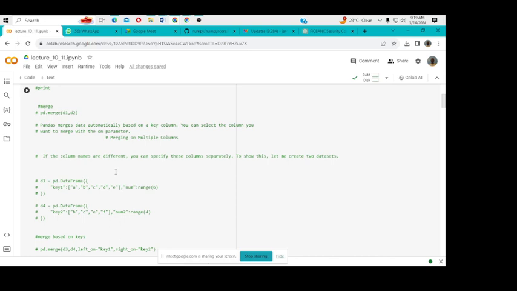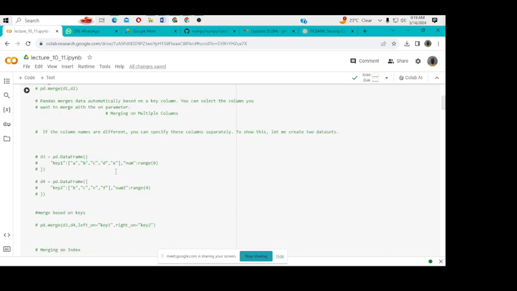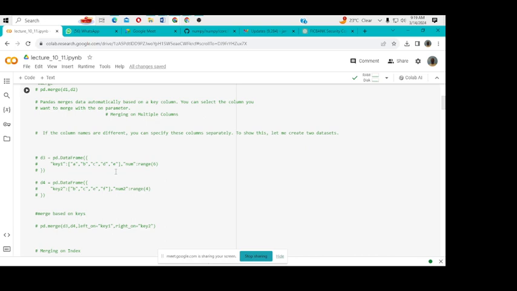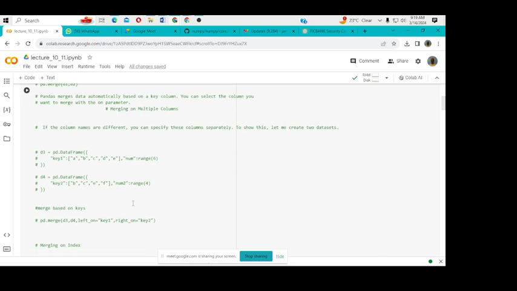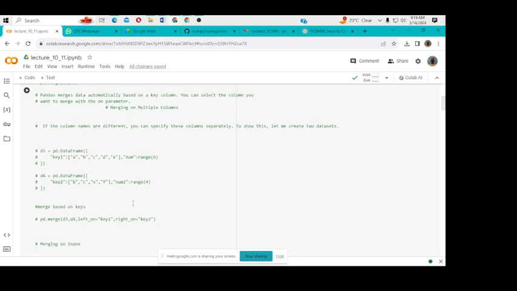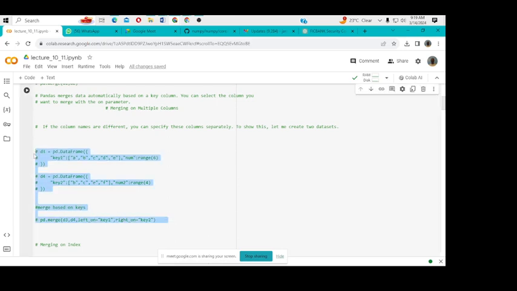Let us just have an example here, again using key 1 and key 2, that is data frame 3 and data frame 4. Let us see these in action, whereby we are going to specify columns. So I think I can just copy these because of time,